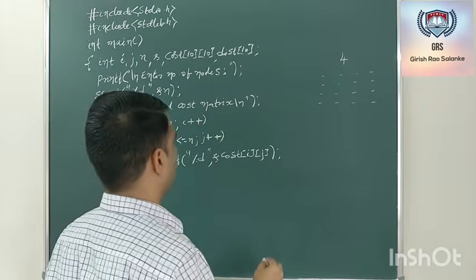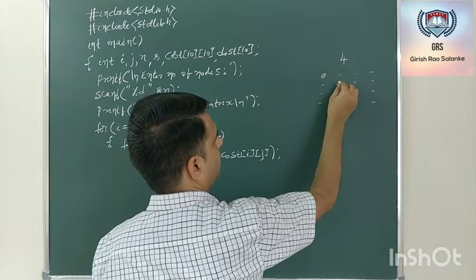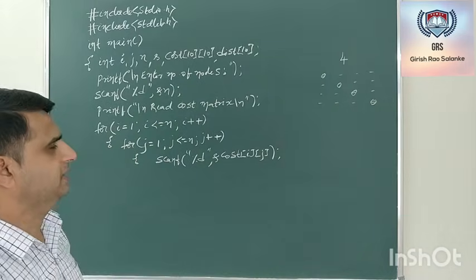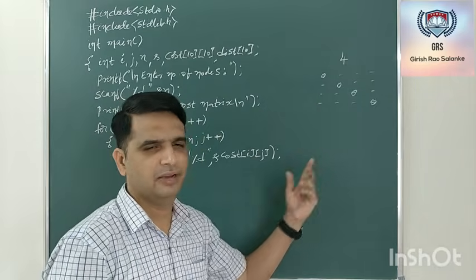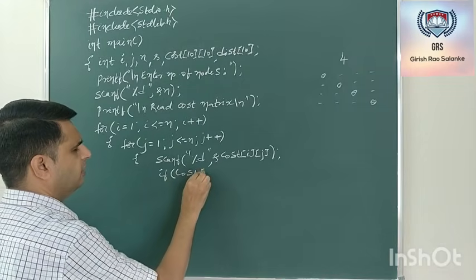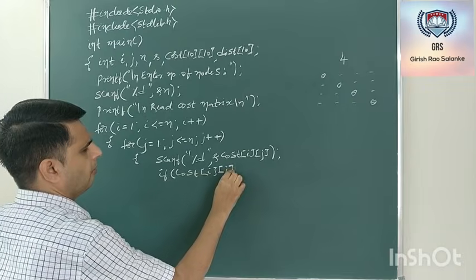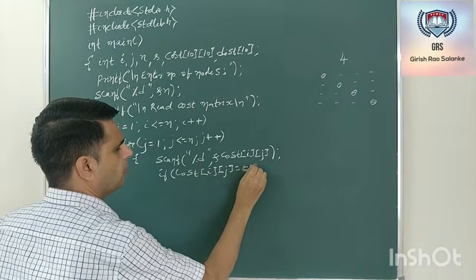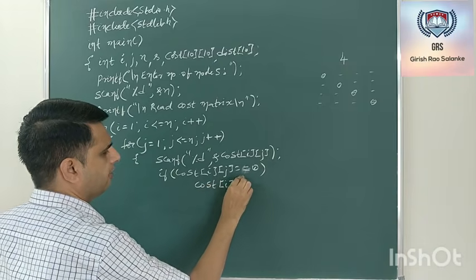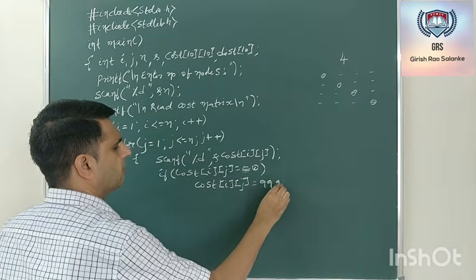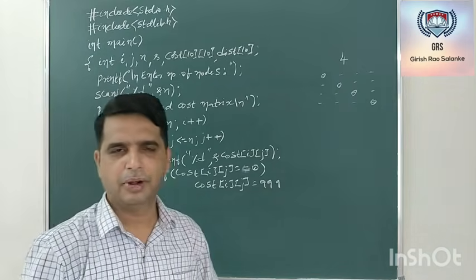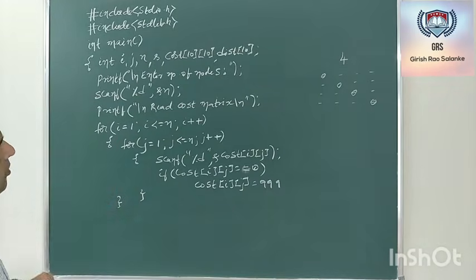And generally what we do whenever I read A to A 0, B to B 0, C to C 0 and D to D 0, while extracting the min from this matrix, it will lead into problems. So after reading, if you have read the cost of ij as 0, make cost of ij as infinite. That is 999. The same thing that we have used even for the earlier Prim's algorithm. So this was about reading the matrix.